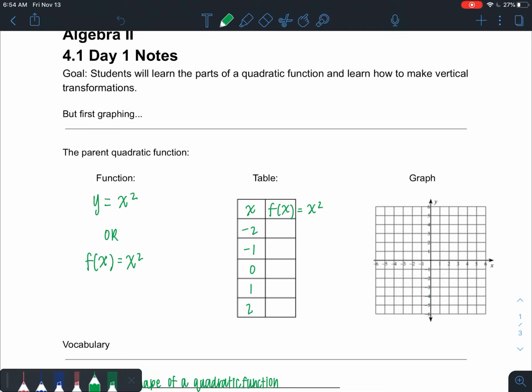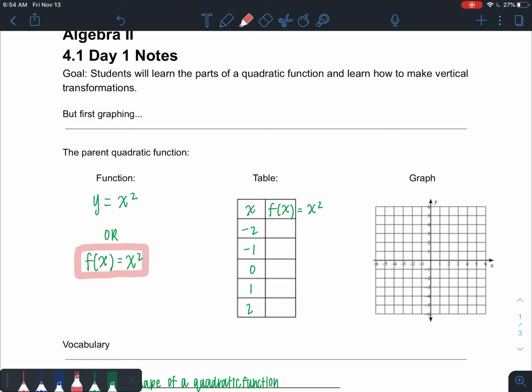Today we are learning the parts of a quadratic function and how to make vertical transformations. Now we've already learned about transformations previously, but this is focusing on parabolas only. So remember that a parabola has the equation f of x equals x squared. Remember that y and f of x are the same type of thing. F of x just means that it's actually a function of x, so it's more